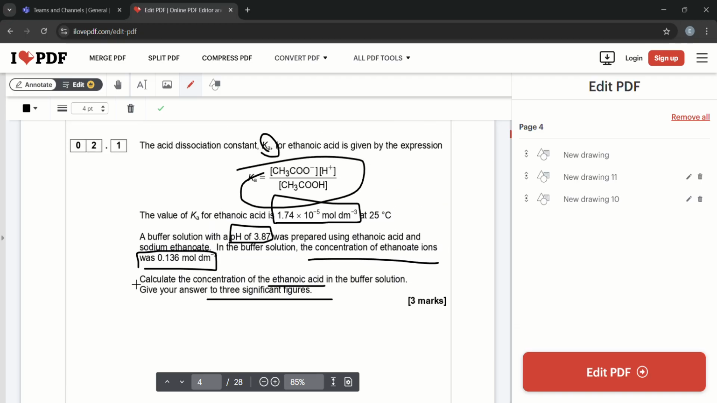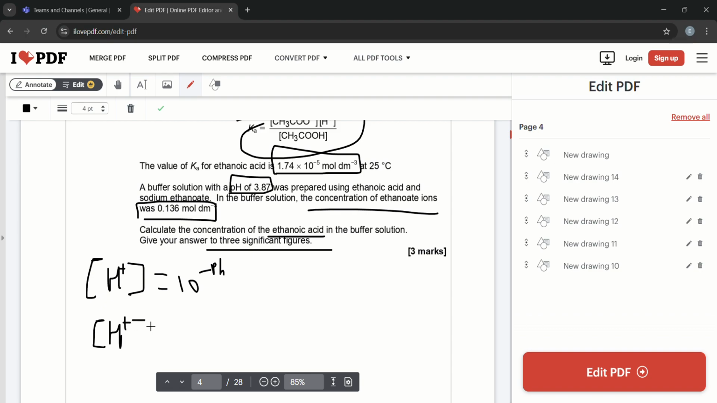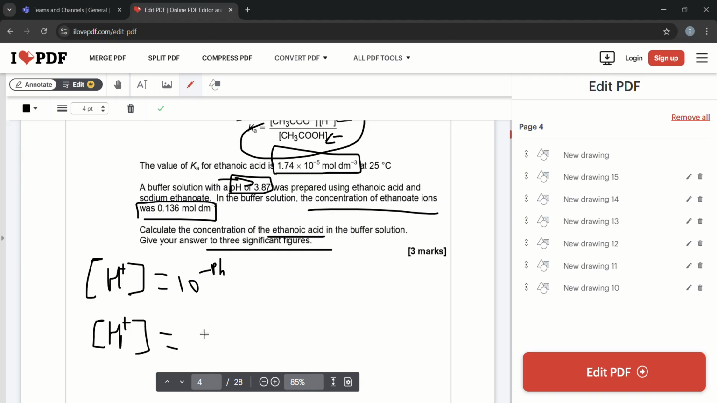Okay, so first things first, let's find out the amount of H plus ions. Well, to find that out, what do we use? We use H plus equals 10 to the power minus pH. You're just remembering the equations and then identifying that they gave us a pH, we need this because we want to find this, and you get 10 to the power minus pH, which is minus 3.87,